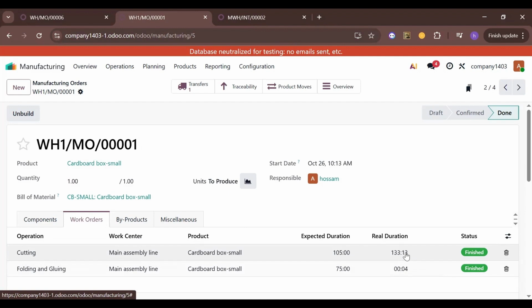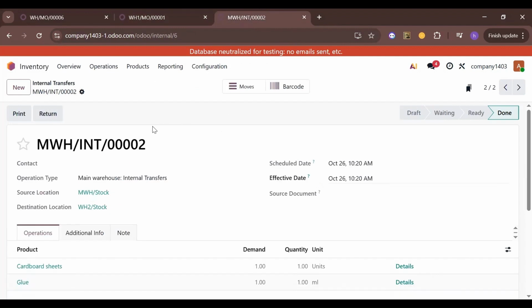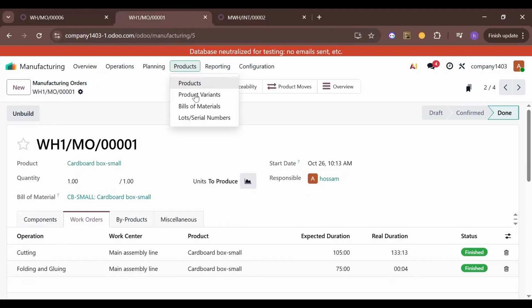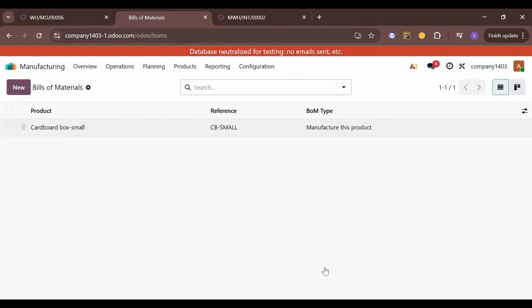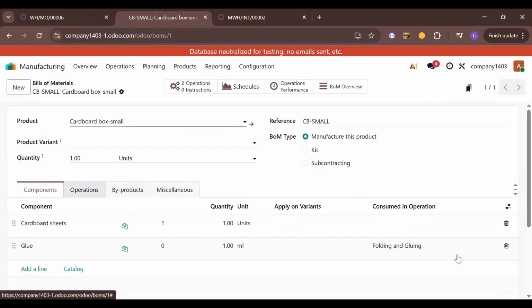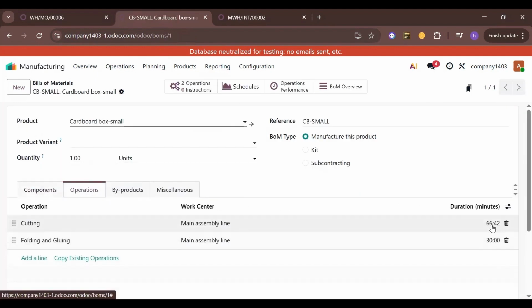If we divide this number by 2, you will find that the average duration for this operation will be, yes, 66.42, which is the result of dividing 133 by 2. Great.